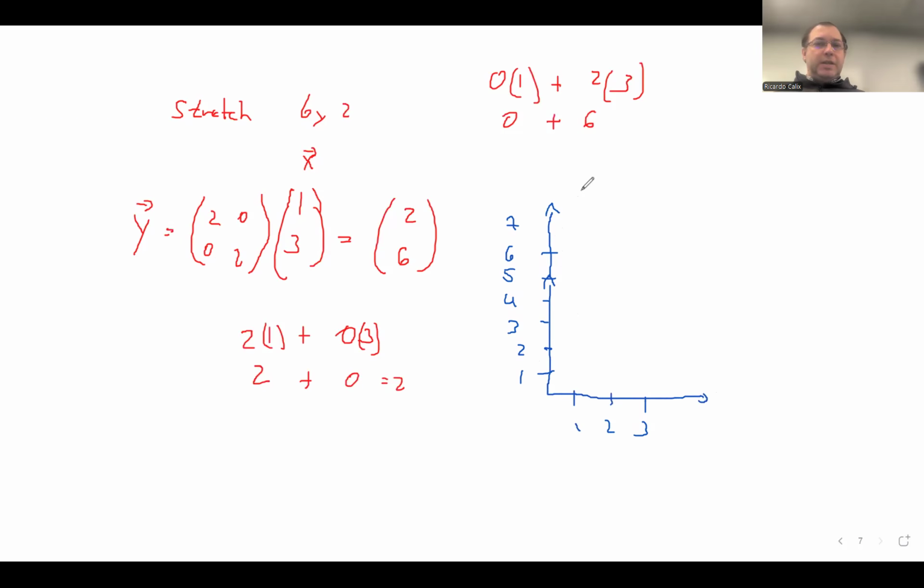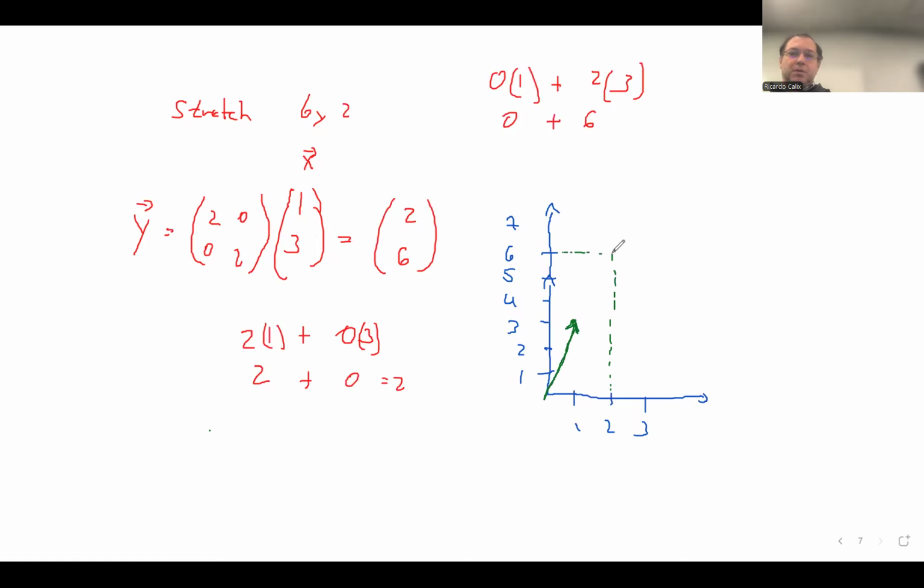Okay, so let's draw the first one. The first one was 1, 3, the original one. So that's 1, 3, right? So then that's the original vector, roughly speaking, 1, 3. Now we've stretched the vector, okay, to